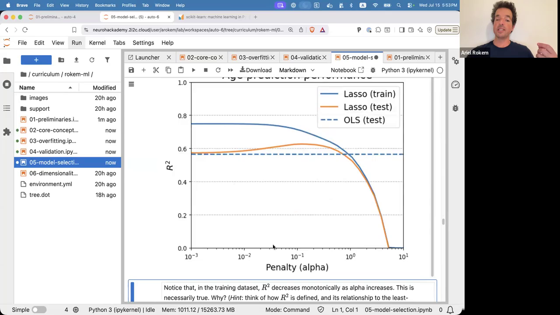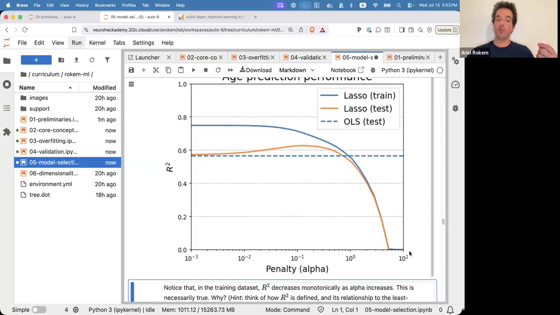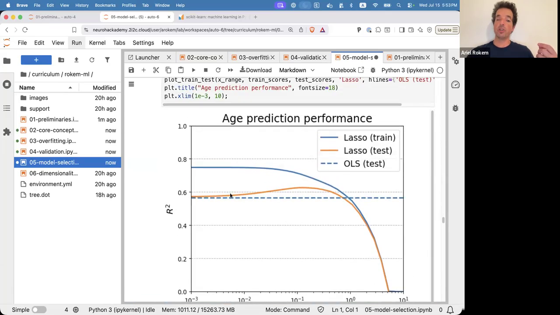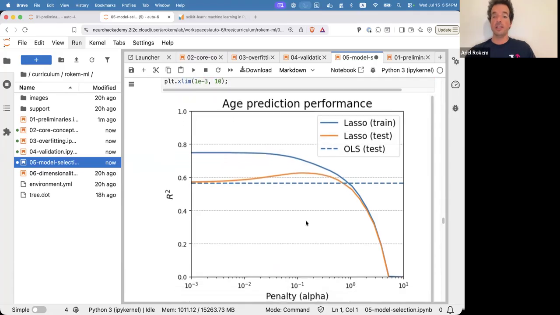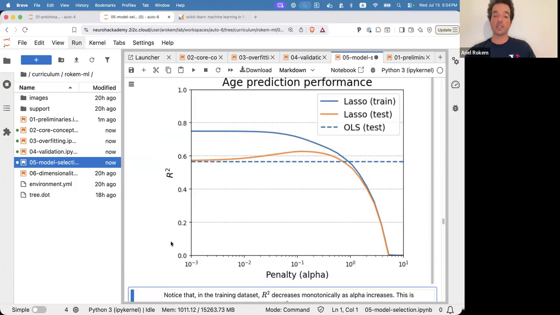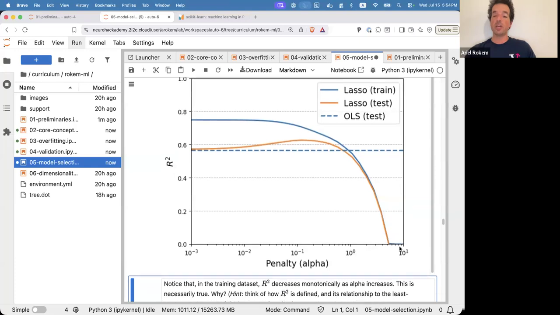On the x-axis here, we have the penalty alpha. For comparison, we have the ordinary least squares on the test set. This is our baseline performance here. Ordinary least squares has no addition of this penalty, and lasso has a penalty. It starts with a very low penalty, and then the penalty increases. What you can see is that by the time the penalty is very, very high, performance of lasso is very,